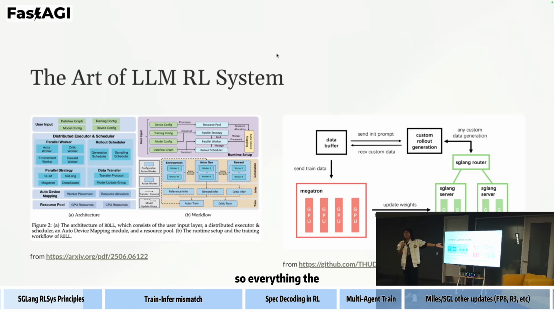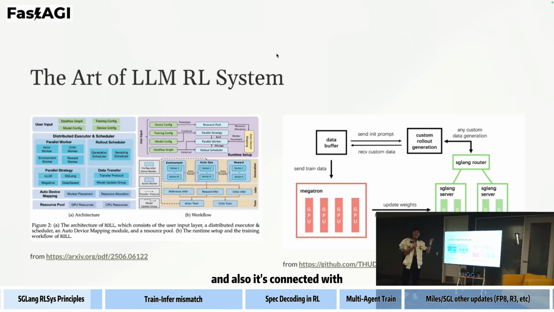Everything, the components you use for training, is exactly the same components you use for serving. That makes sure that there's no gap between your training and your serving. Then what you train is what you get. And if you train a good agent, it should be deployed immediately as a good agent online. I think that's also an idea: try to do training and serving alignment with SGLang router.